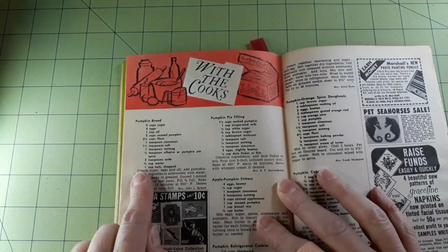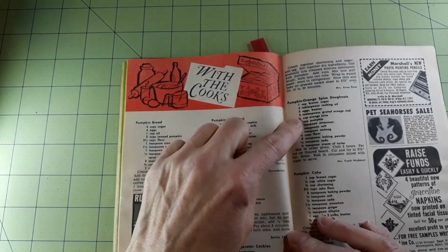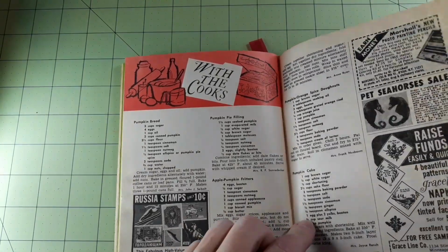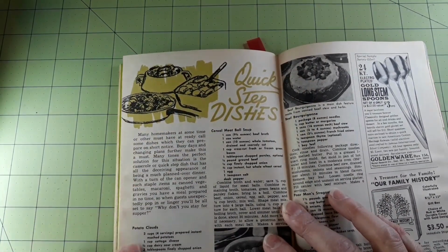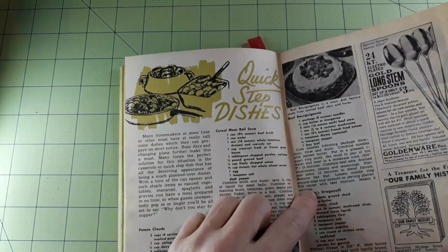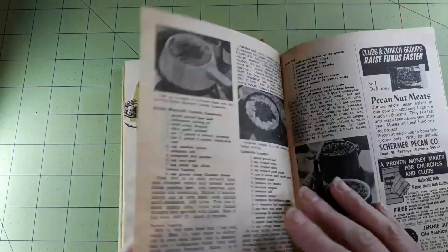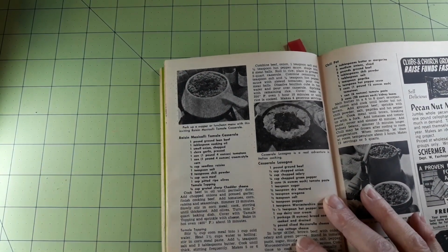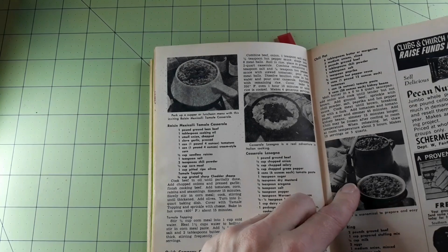Okay, with the cooks. Pumpkin bread, pumpkin pie filling, apple pumpkin fritters, pumpkin refrigerator cookies, pumpkin orange spice donuts, pumpkin cake, quick step dishes, potato clouds, cereal meatball soup, beef bourguignon, poor man stroganoff, raisin Mexicali tamale casserole, quick company casserole, casserole lasagna, chili pot, beef ring,